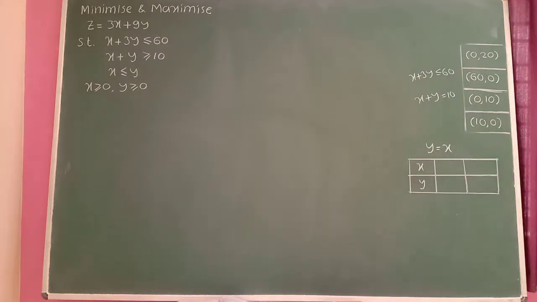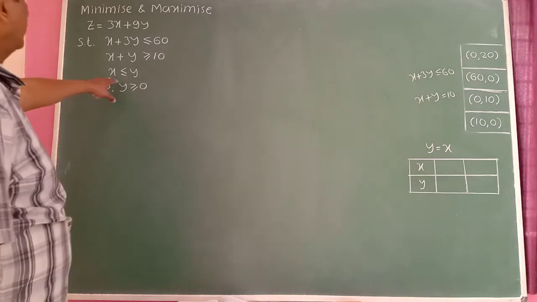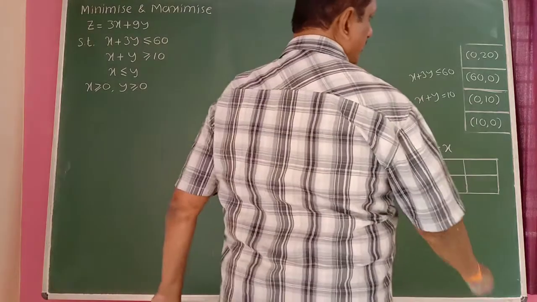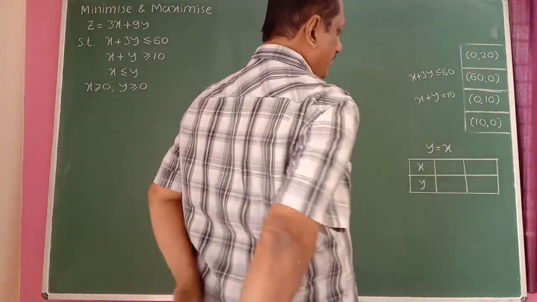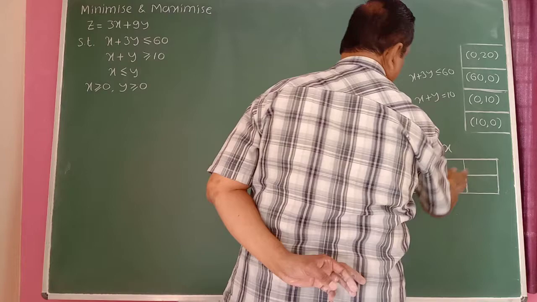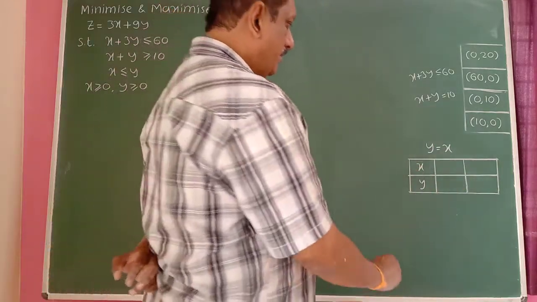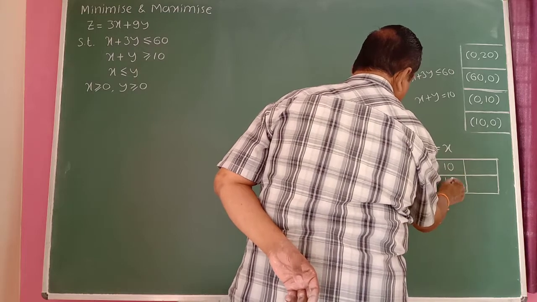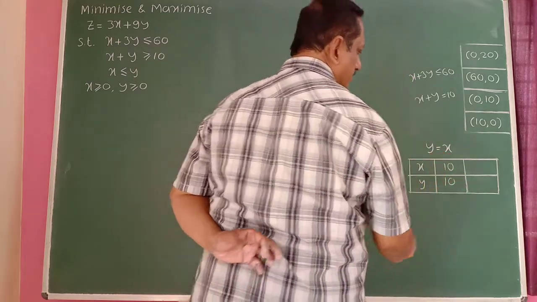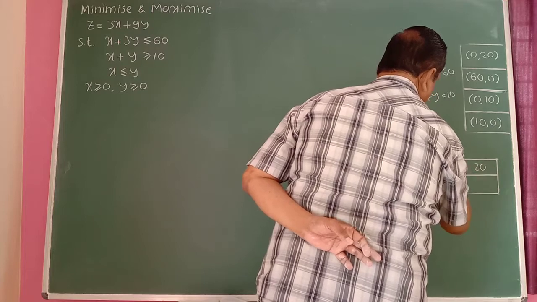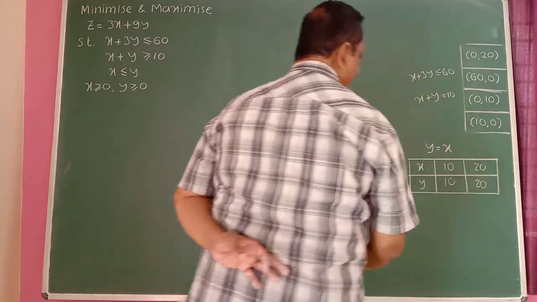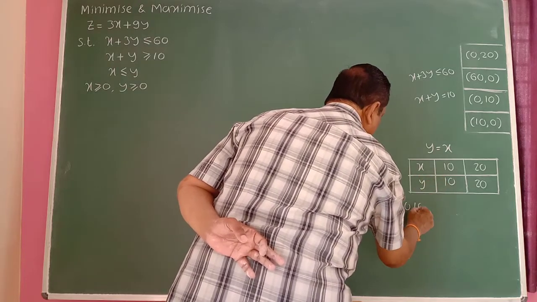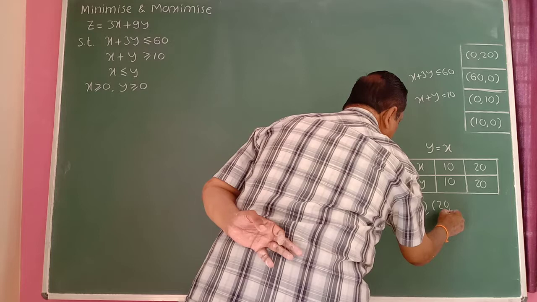So here one more constraint is that x is less than or equal to y. Therefore, take that equation y equal to x. So these are multiples of 10, therefore even here also take x as a multiple of 10. Take a simple value, put x equal to 10, y value is 10, then x is 20, so y is 20. Therefore, (10, 10) and (20, 20)